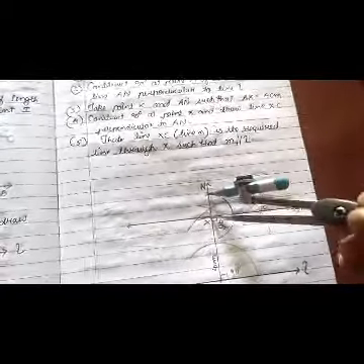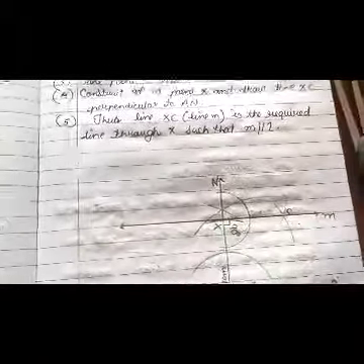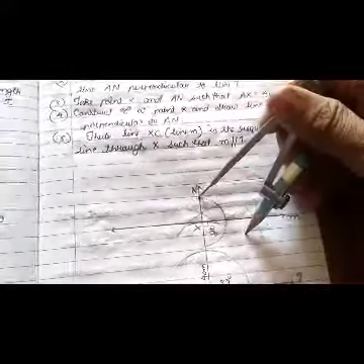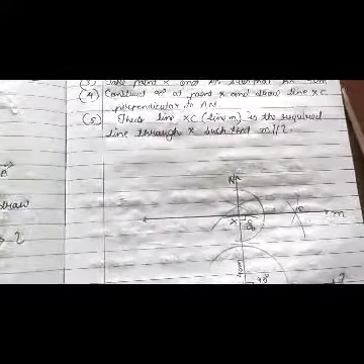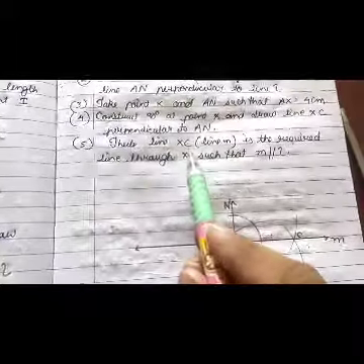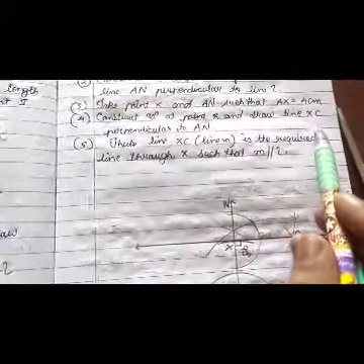So in this way when you construct an arc, through this point you can extend your measure, and through this point try to draw an arc over here, and through this point try to draw an arc in this way. Let both arcs intersect each other, and wherever the intersecting point is, name it C. Now draw line XC.